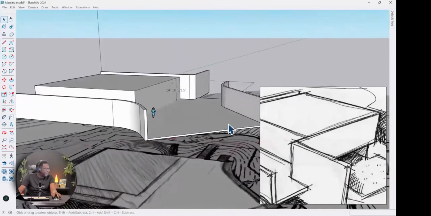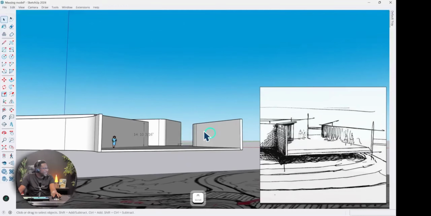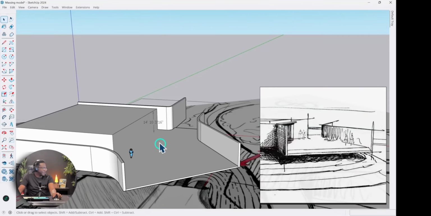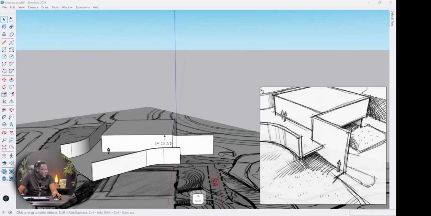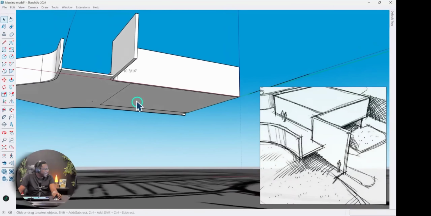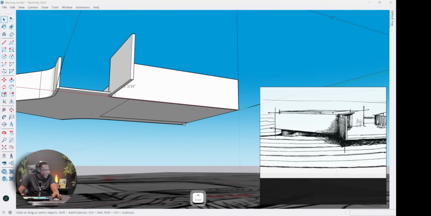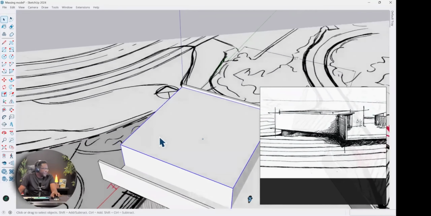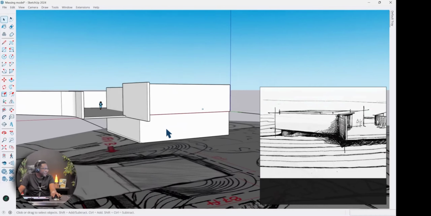All right, so if we take a look at our sketch, this one here is basically showing this. So we know we're on the same page with this one. Now we have a couple things to deal with, because remember, this is the upper floor. So the ground floor is also going to have spaces, but we don't really solve that issue in the sketches. We can just see hints of the ground floor, and it looks to be kind of recessed inward. So what I would do is copy this, press Ctrl to copy, and that's our ground floor.